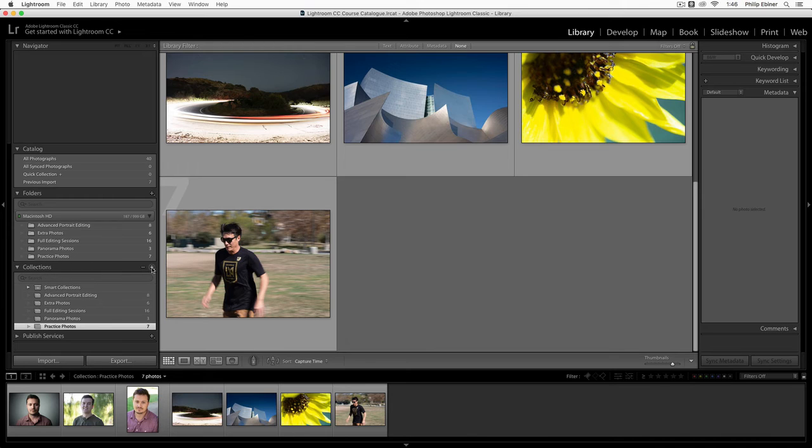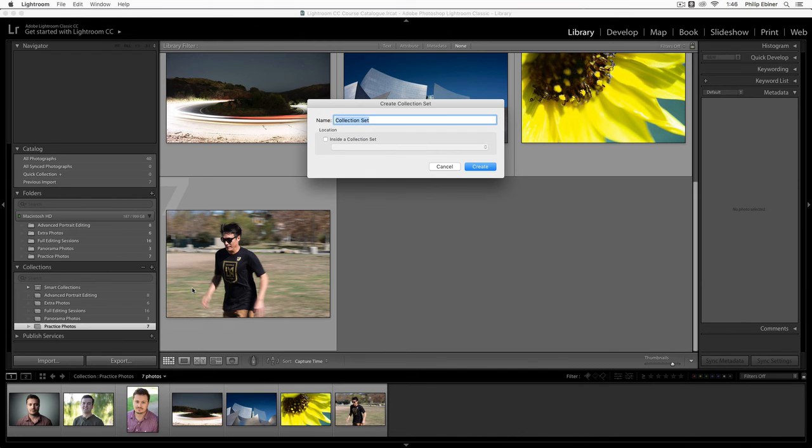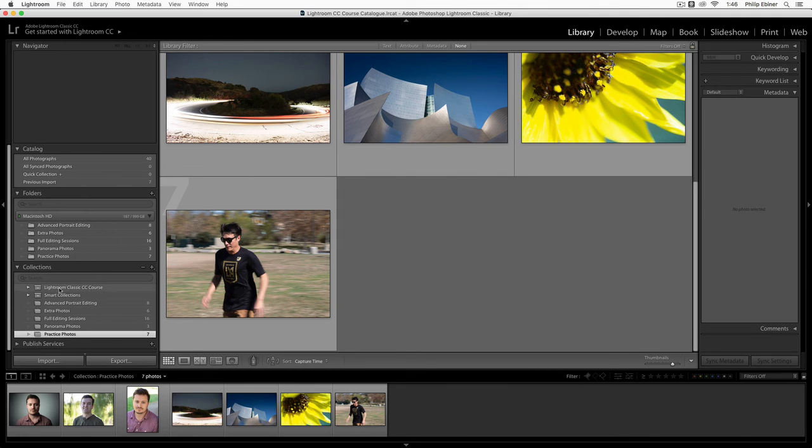So to create a master folder, choose the plus button right here and choose Create Collection Set. So this is going to be a set of collections. I'm going to call this Lightroom Classic CC Course, and then choose Create. Now this has a little drop down option.